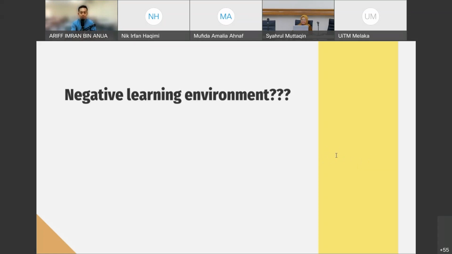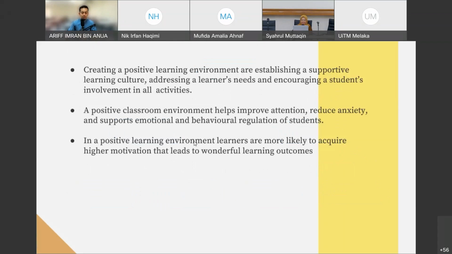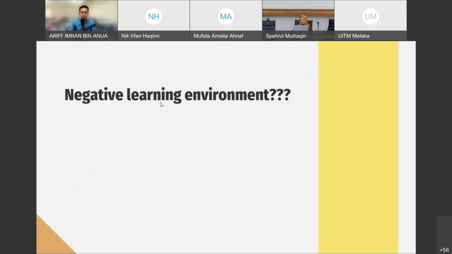Oh yes, of course. Yeah, this kind of situation will make the students confused. Yes, they will be less motivated. Yes, they will be passive. Yes, yeah, they will, what we call it, they will have lack of focus. Yes. Then, sorry. Then, when the students are plunged into the negative learning environments, do you think, as teachers, that the objective of learning would be achieved?